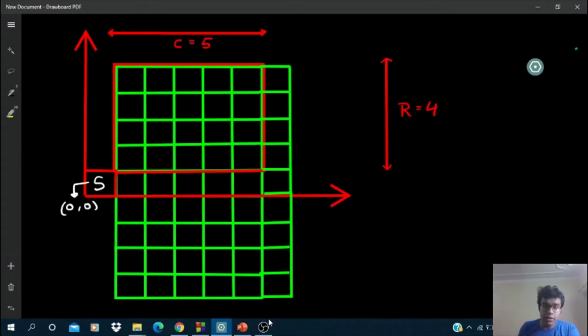And this is an infinite grid, so it extends towards the right, up, and left as well, but I've drawn only these cells. If you see this red boundary, this is the position where the robot might lie. So out of these 20 cells, the blocked position will be one of these cells. So one of these cells will be blocked, and we have to find out this information based on the sequence that we give. We have to give the sequence in such a way that if the final positions of the robot are given to us after performing those moves, then we'll be able to distinguish where the blocked cell was. So basically how we do that is,